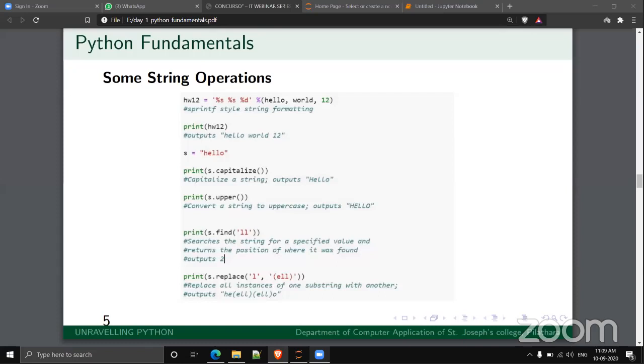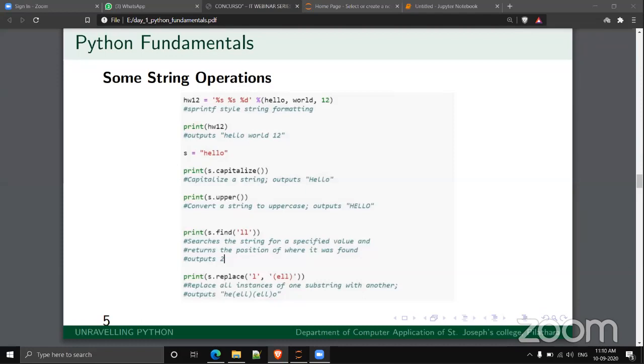Then another function called find, s dot find, and within that we are giving the argument ll. This function will return the position where the argument is found.